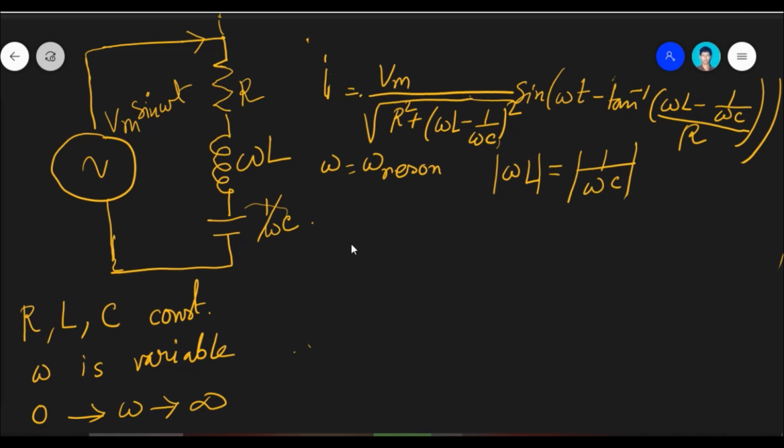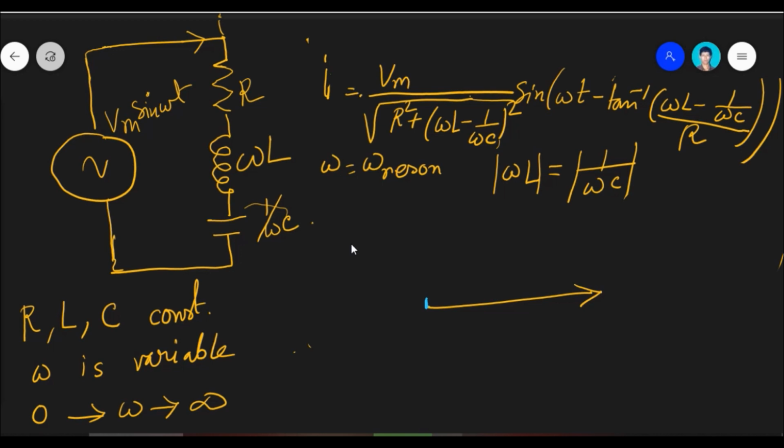Now let us draw the locus diagram. Let me first plot the two extreme cases. One is omega equal to infinity. Not infinity, obviously it should be omega equal to 0. When omega is equal to 0, we have the pure capacitive current here. The magnitude is vanishingly small, but the orientation is 90 degrees.